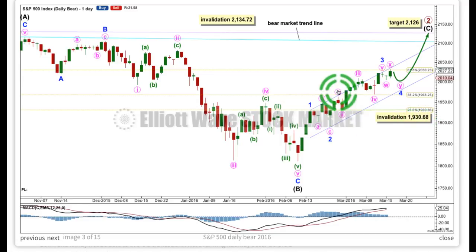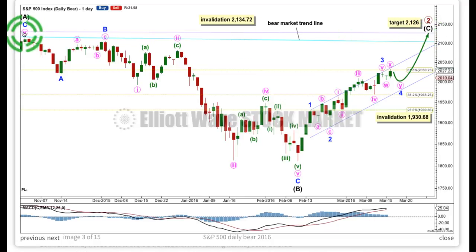Draw a channel around this bear market rally using Elliott's technique from 1 to 3 with a copy on 2. If it takes that long and gets that low, look for minor 4 to find support at the lower edge of that channel. If minor 4 ends about this level, and I'm taking the target from here, so it will change as minor 4 moves further sideways, and if it ends about this level, and that's where minor 5 begins, then at 2126, minor 5 will reach equality in length with minor 1,